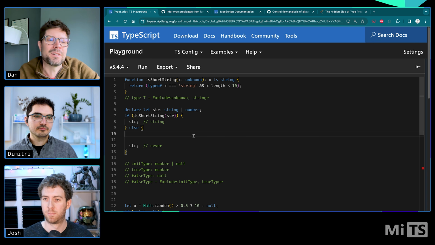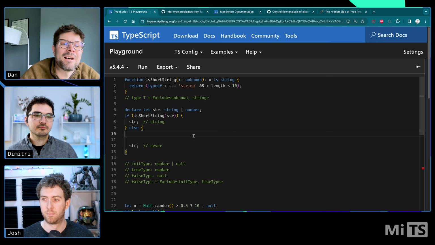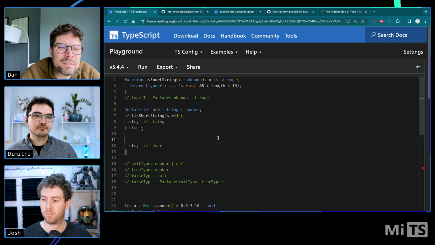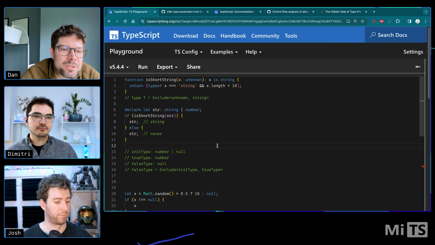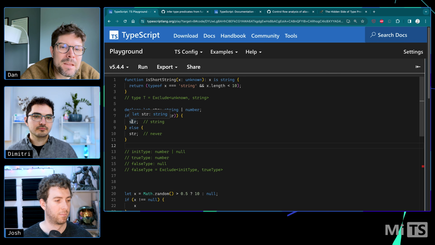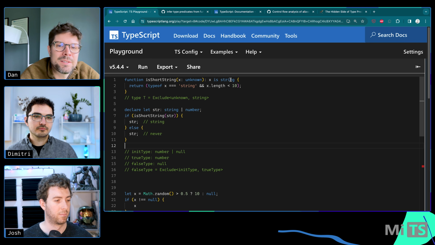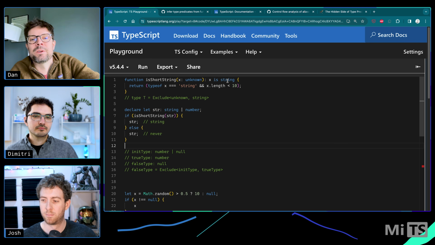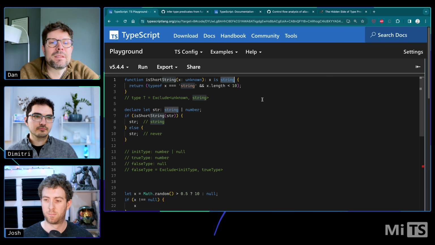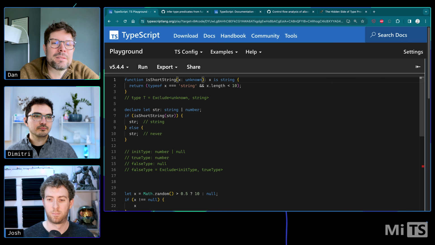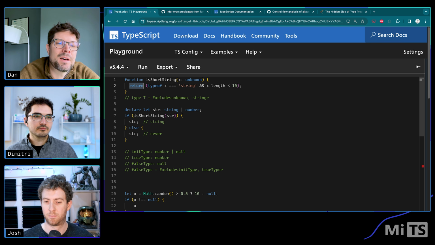Because there's an infinite number of possible subtypes. But then I realized that the only interesting subtype is the thing that you infer as the type predicate. So the check eventually became